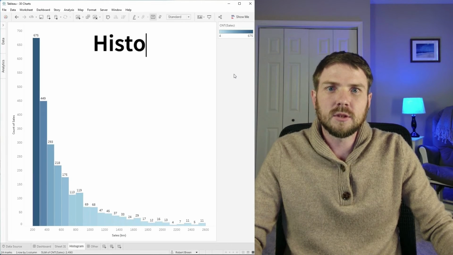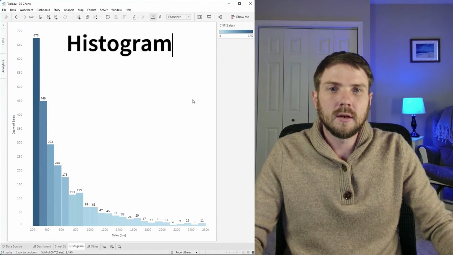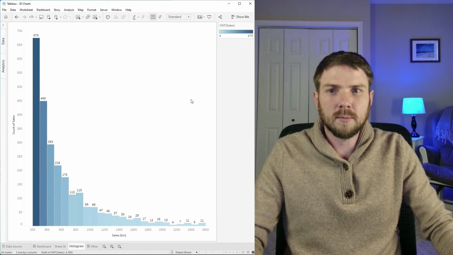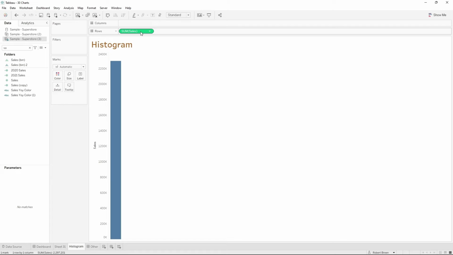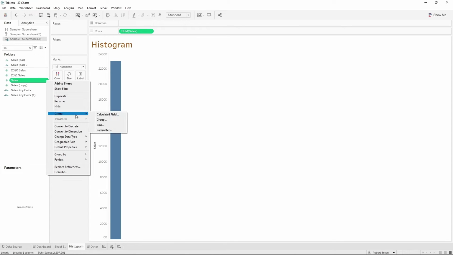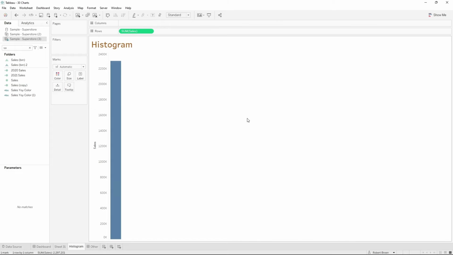A histogram shows the distribution of a measure. In this example, I'm showing how sales is distributed across the data. Let's take a look at how to build this in Tableau. Start by double clicking sales to get the sum of sales. Let's add a bin, so click the drop down on sales and create bin. I'm going to call this bin 3, and the bin size will be 250. Click OK. I can add this bin to columns